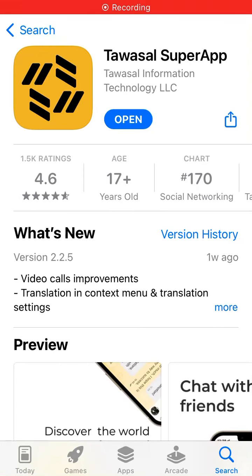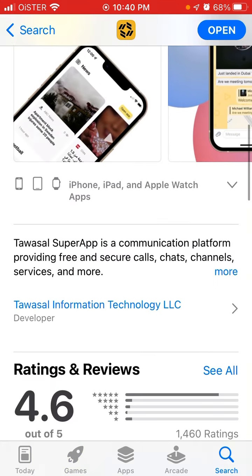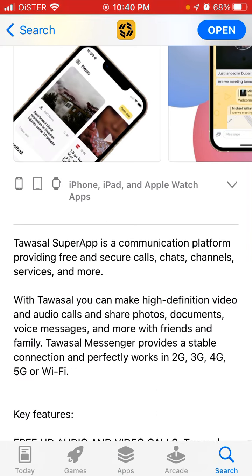Here's an interesting app which is called Tawasal SuperApp. SuperApp basically means that this is the one app where you want to spend most of your time and where you want to do the majority of your communication. And this app is available on iPhone, iPad, Apple Watch, and this is like the communication platform providing free and